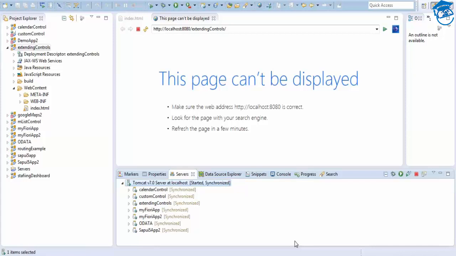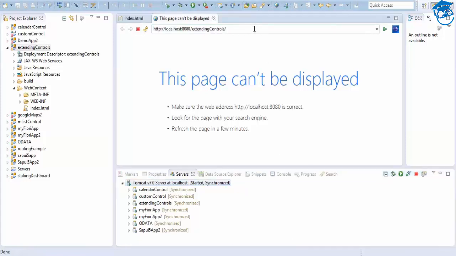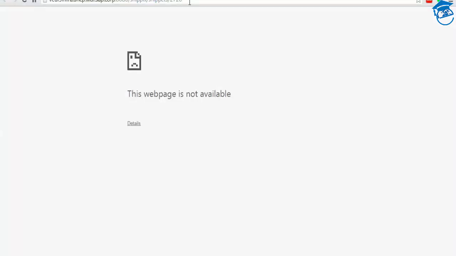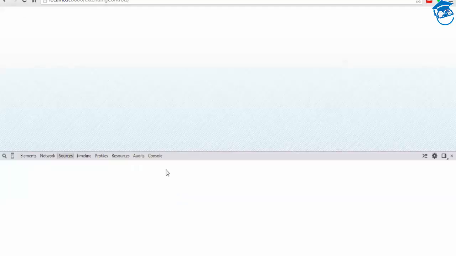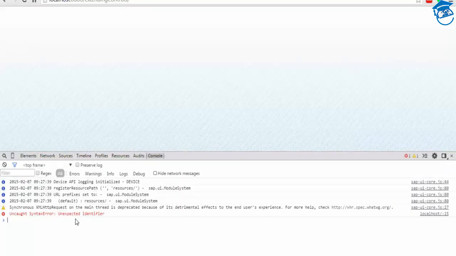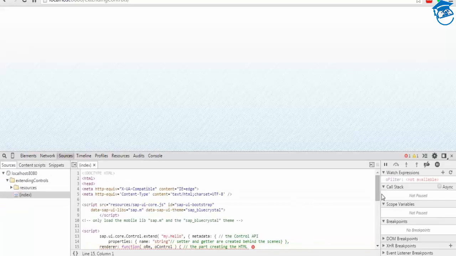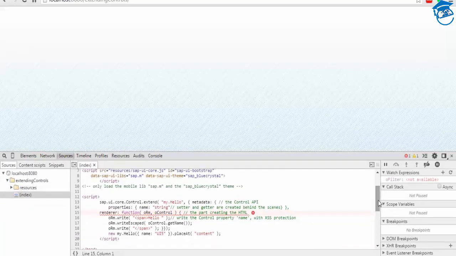It all depends on your RAM speed, and what you can do is you can copy this and see the output how it looks like. So paste it here and run it, and we're gonna see some errors. So there are some errors. Yeah, unidentifier. So when you run again, it will give you the index.html 15. So when you go here, it gives you some error. So what this kind of error is? Unidentified syntax error. So we'll go there.